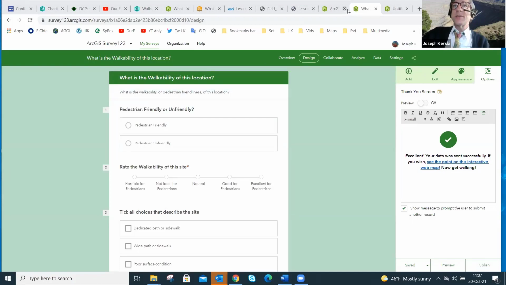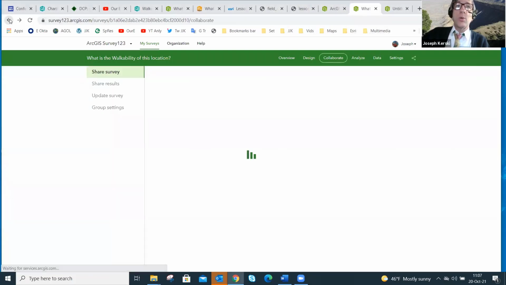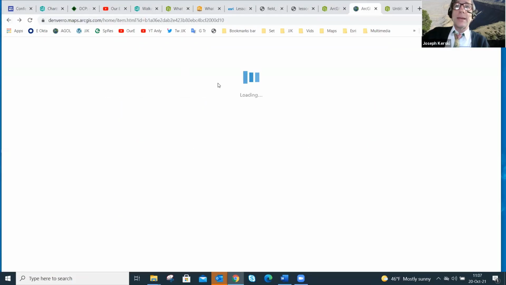Okay, so once this is done, let's go back to ArcGIS Online and let's take a look at what this looks like in my content zone. So I'm going to go back a couple of pages here, and this is my metadata page.